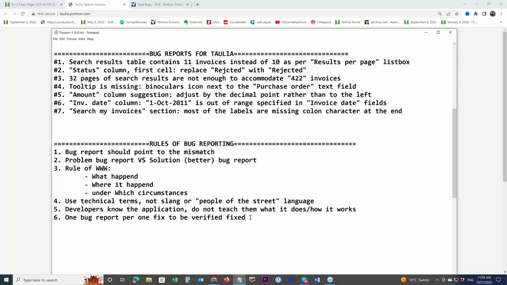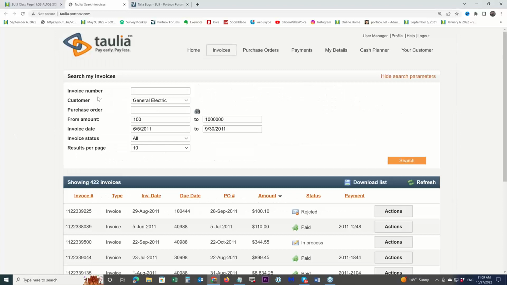Okay. But we might have exceptions, and that search my invoices colons here is an exception. Instead of writing 8 bug reports where each and every colon will be verified, I'm saying, okay, guys, look at that search my invoices thing and give colons to whoever doesn't have it yet.